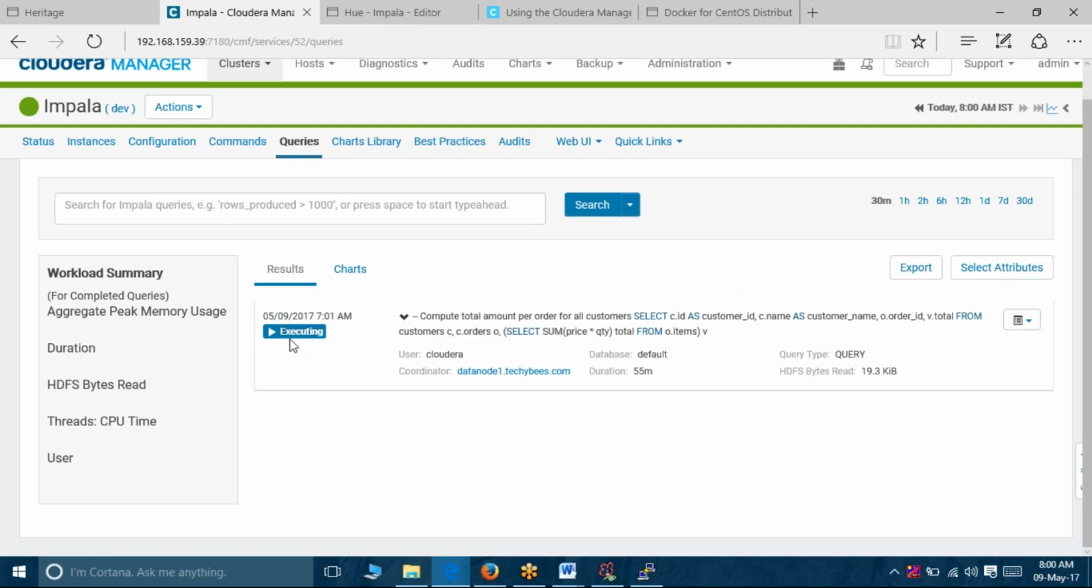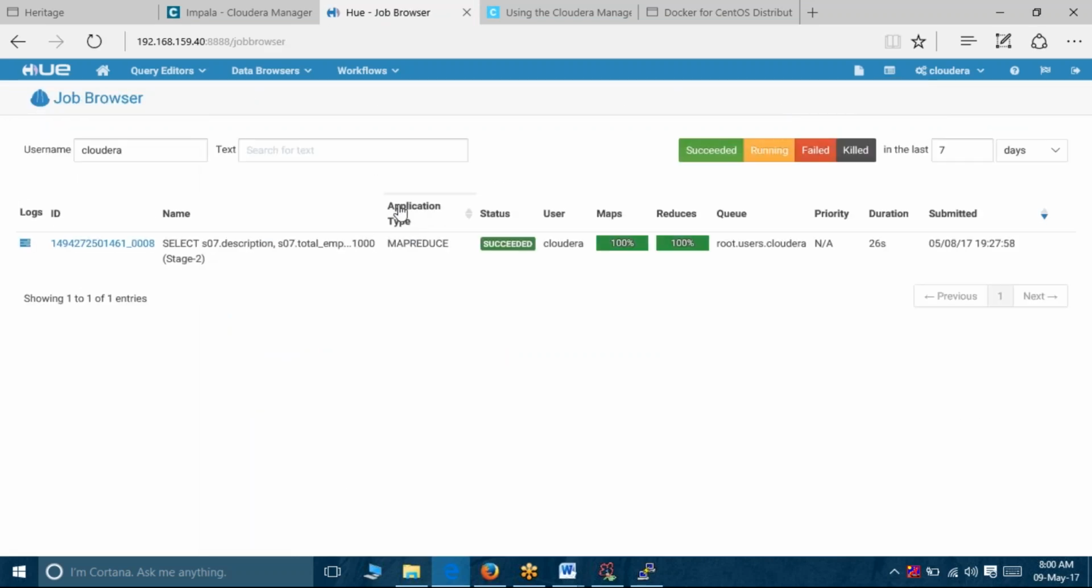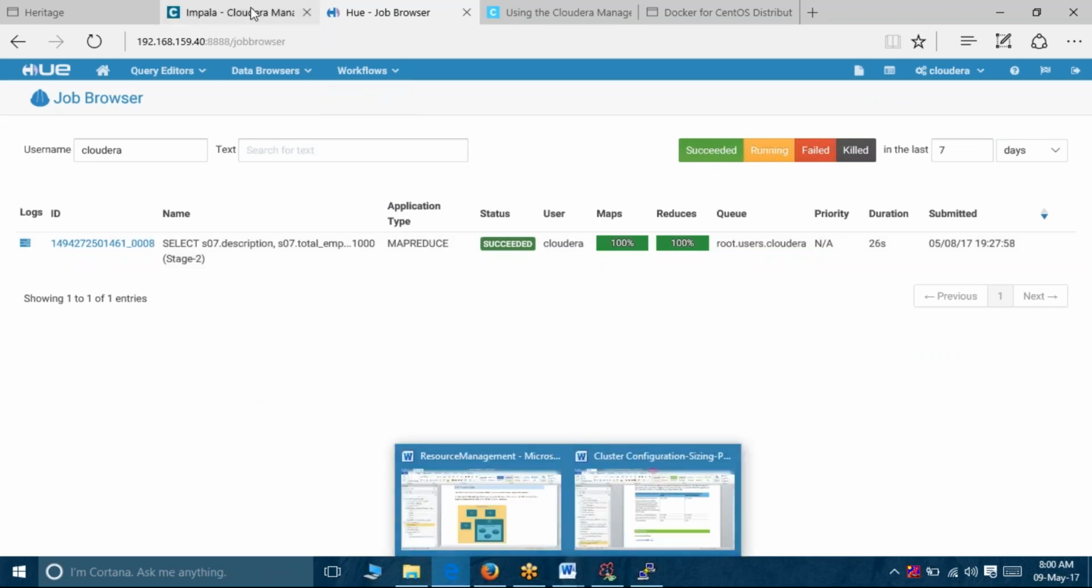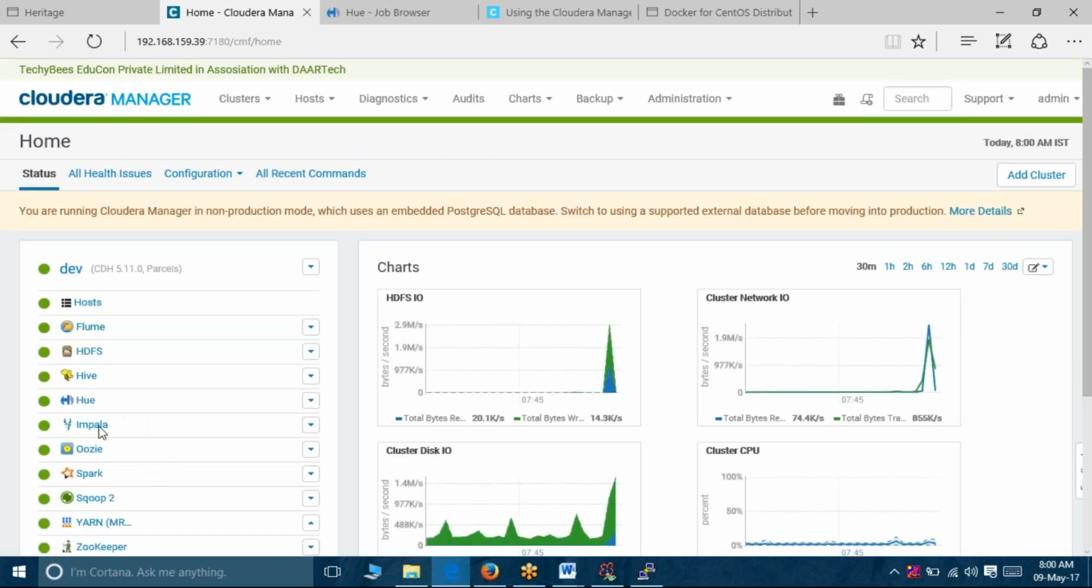So here it is still showing executing. The query type is query. But whereas in terms of Hive, the query type, or the job type, is going to be MapReduce. Application type is MapReduce, it shows. Right? So here you see, in terms of your Hive, what is being projected,